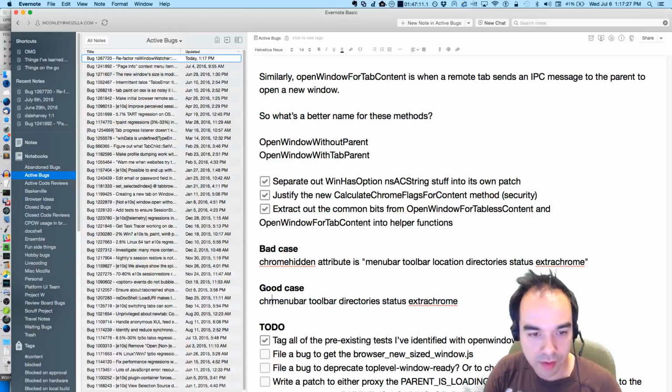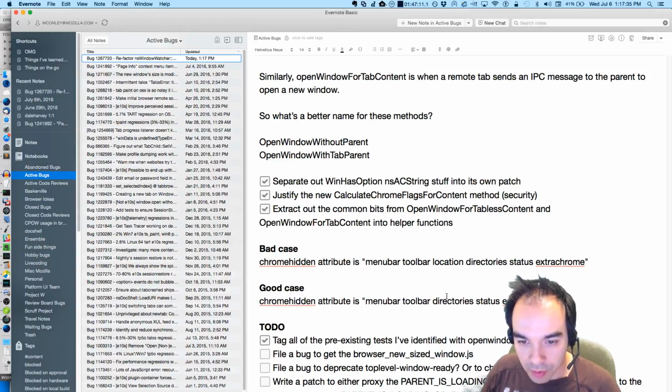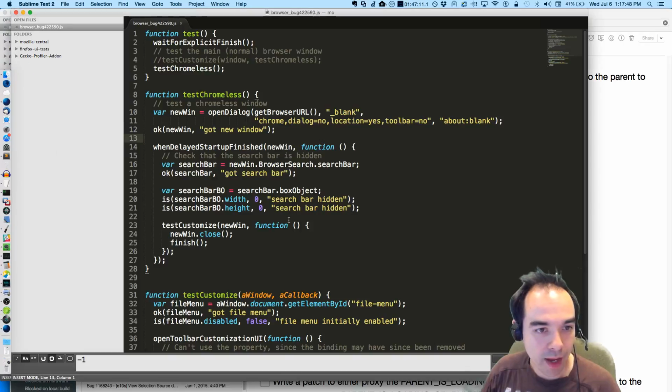That looks a lot like the same. Is it? No. There's something different. Location is missing in the good case. So location is being hidden, and it shouldn't be. Okay, that's the problem.